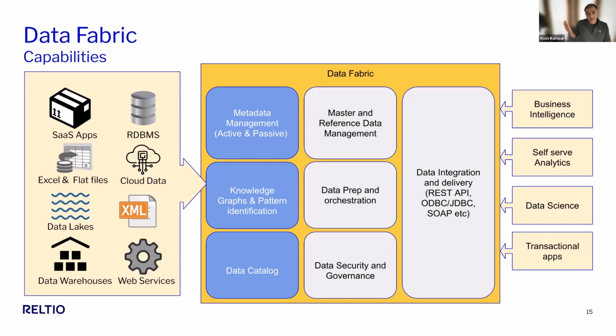The other thing that analysts point out is it wasn't enough to have data delivered via one means, right? If it was a SOAP interface, then another team or another consumer wanted a REST API, or if it was a REST API, somebody wanted a JDBC connection, right? And so the data fabric sort of normalizes all of those sets of integrations and delivery ability to the consumers on the right-hand side.